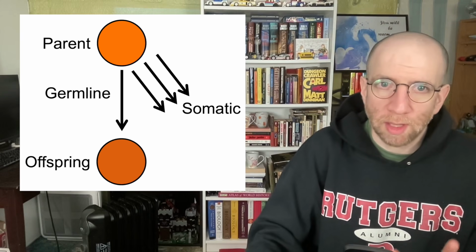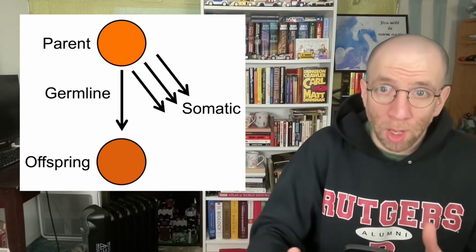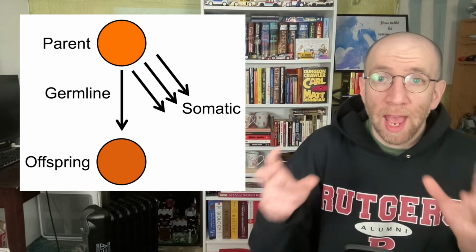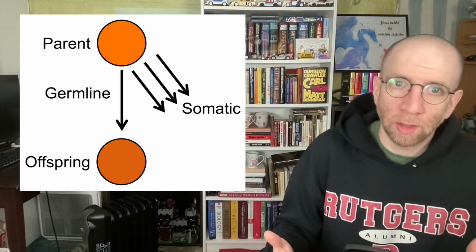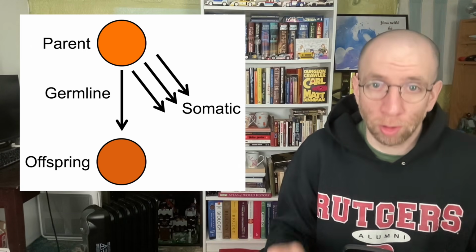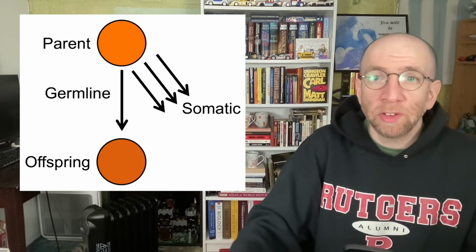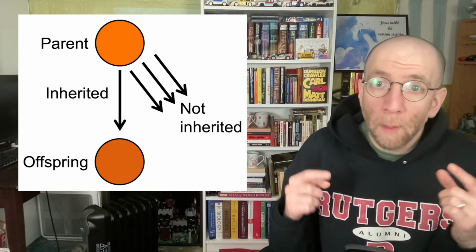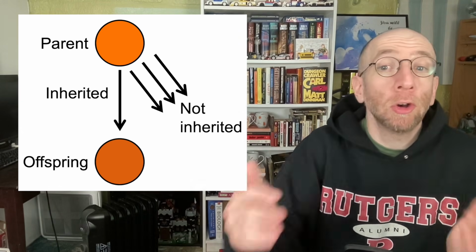So very briefly, the background here. You have two kinds of cells in your body. You have germline cells, which will eventually make either egg or sperm. And then you have somatic cells, like skin, muscles, blood cells, everything except your germline. Those somatic cells can't make gametes, and this distinction matters because mutations that occur in your germline might get passed on to your offspring. Most don't, but they could.